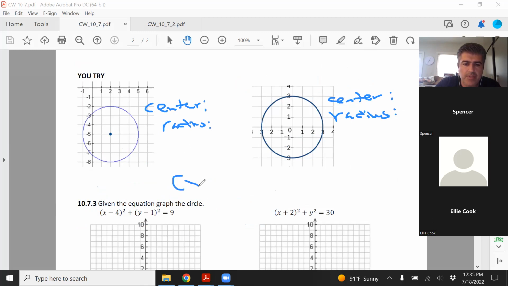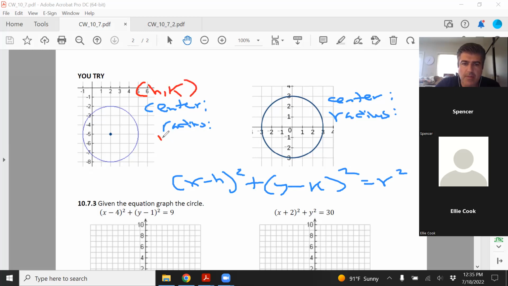Remember the equation is this, which I just derived for you a few minutes ago. Remember the center is h, k. And intuitively the radius is